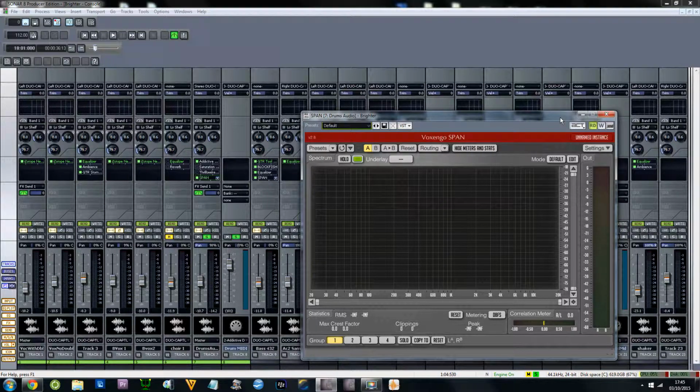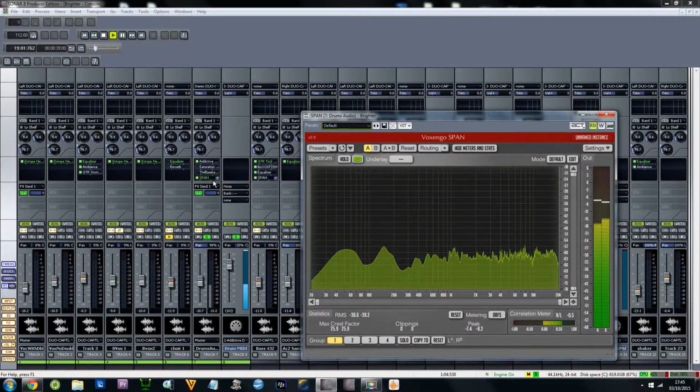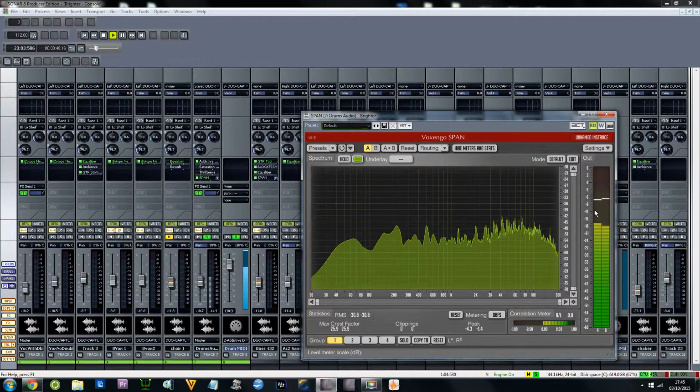It's called Span. Not very exciting, but really, really useful. The analyzer that comes bundled in my Cakewalk Sonar 8 is a bit pants and a bit antiquated. So this is just really, really useful for metering your signals. You've got a rolling RMS indicator here. You've got a really, really handy, nice big output graphic, and you've got this